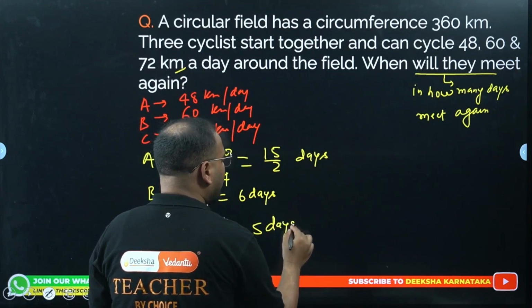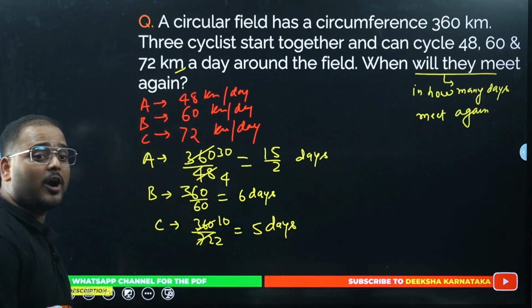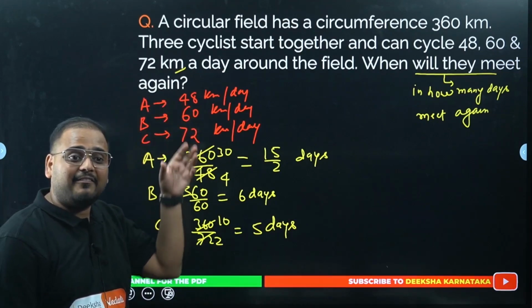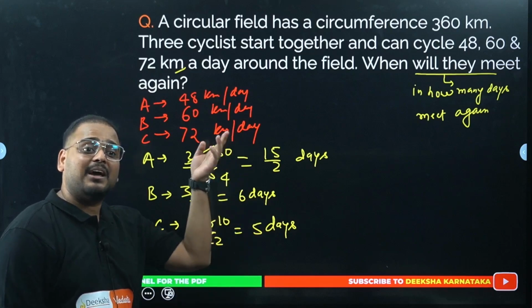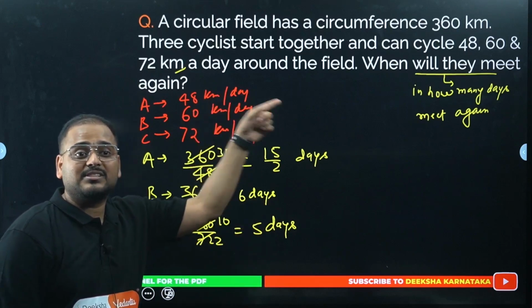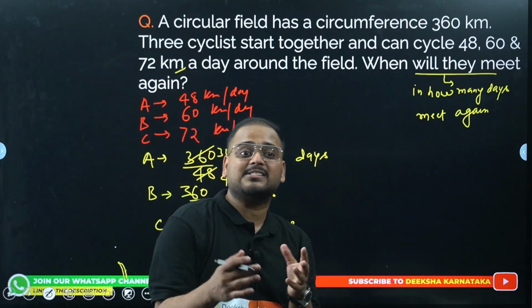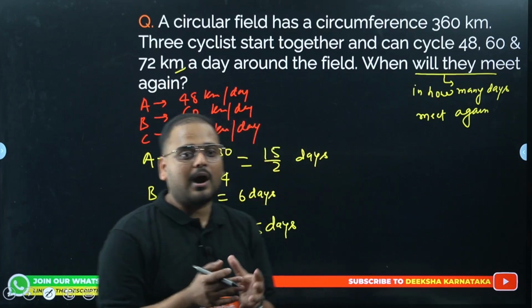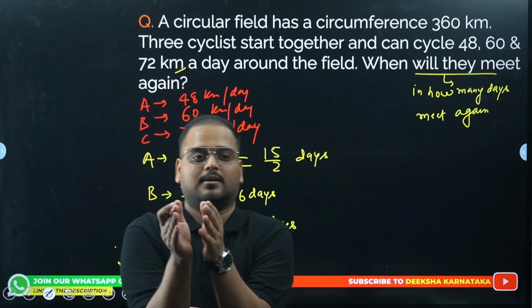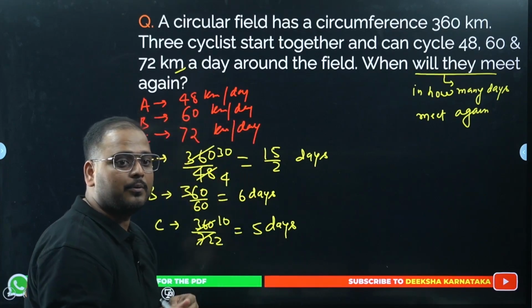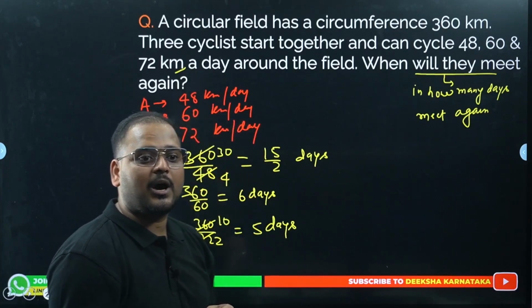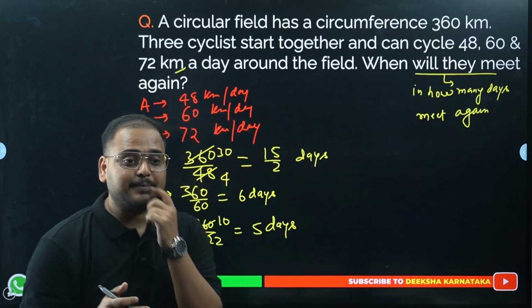So now what we have done is we have transformed the given data into the required format, which is timeline format, number of days, because they are asking us to find the number of days when they will meet. So now our answer is looking more clear. Approach is there, I can reach there. So what is going to be now? I have to check that.